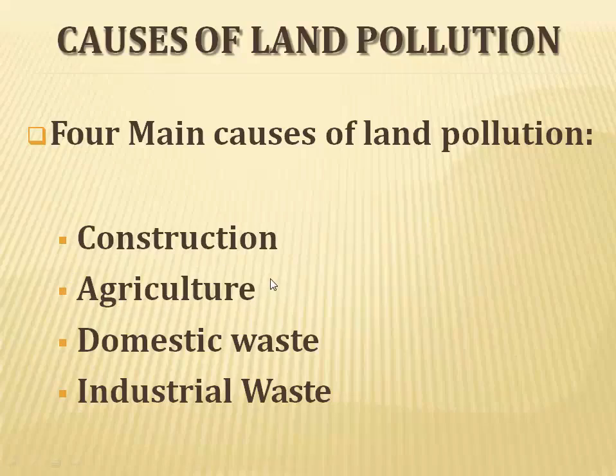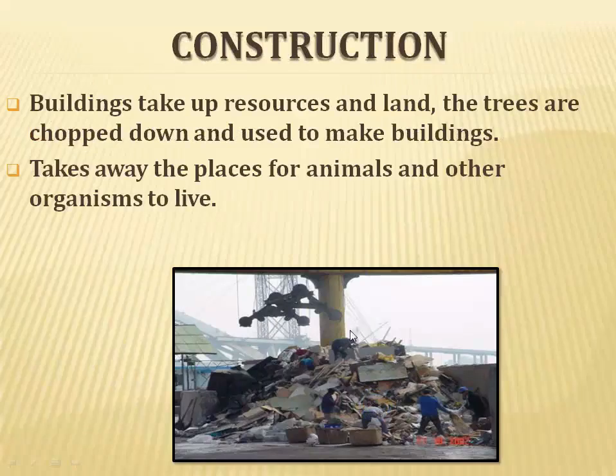Agriculture also causes land pollution, as the excessive use of herbicides in agriculture makes that land infertile. Then domestic waste, directly released over the soil or garbage thrown at different locations in a city, is also a land pollution source. And industrial waste: many unwanted byproducts of industry are thrown on the land, as they cannot be dissolved in water or thrown into the river. So this is how the